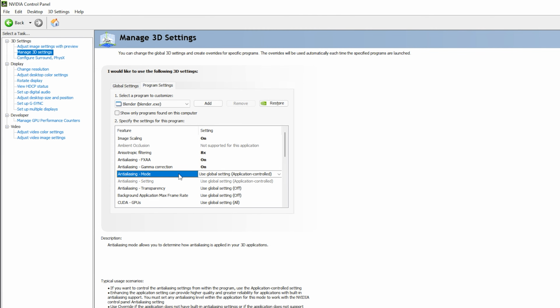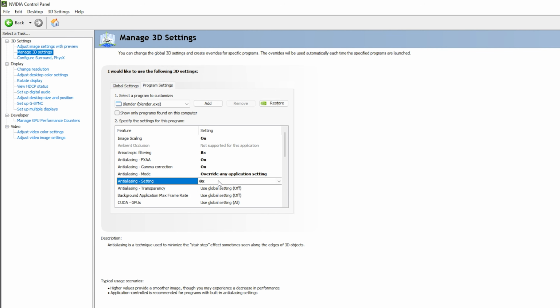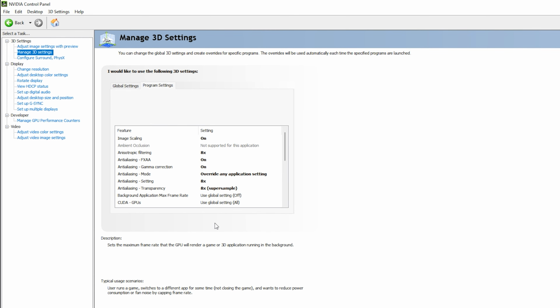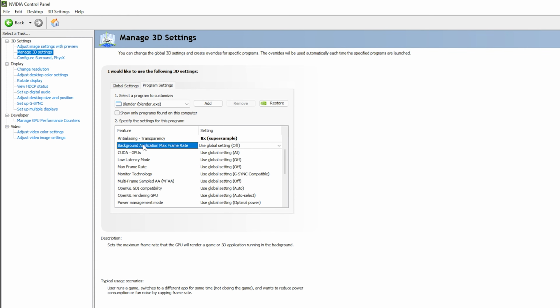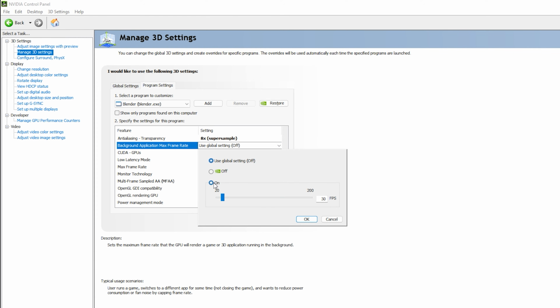For the anti-aliasing mode, make sure override any application setting is enabled. It will boost your GPU while you are editing in Blender. For the anti-aliasing settings, go with 8x. For the anti-aliasing transparency, you can go with 8x super sample. For the background application max frame rate, it should be on, and you can make it as high as possible